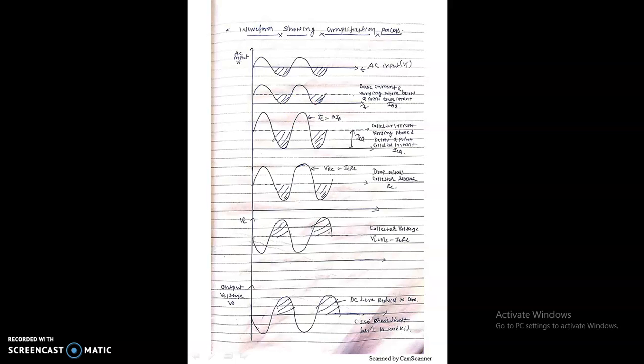So to illustrate the operation, I will show it through the waveform. This is the AC input. This is the base current varying above and below the Q point. This is IBQ. IC is magnified, as shown in the waveform, because IC is equal to beta IB. The collector current varies above and below the Q point, which is ICQ. It is magnified because of beta, the amplification factor. Another parameter is VRC equal to ICRC, the drop across the collector resistance RC.